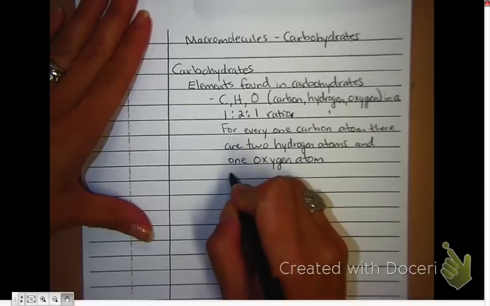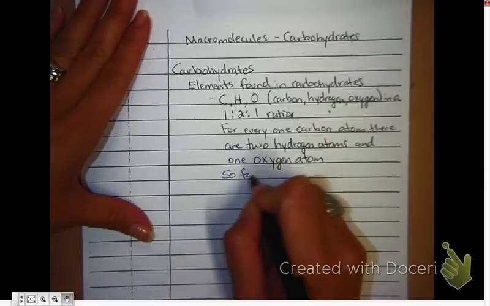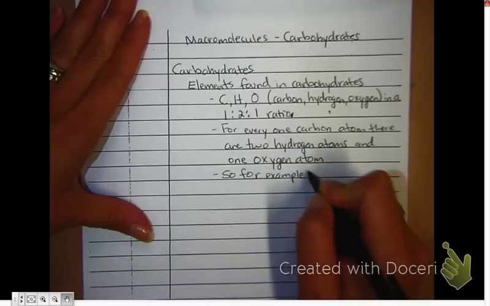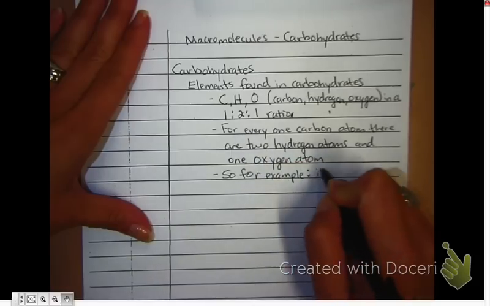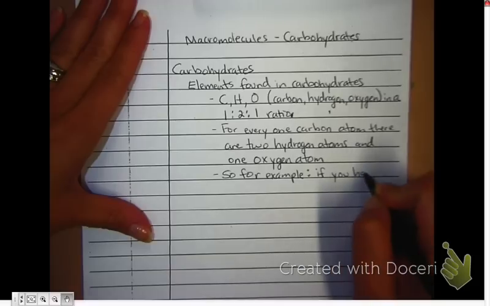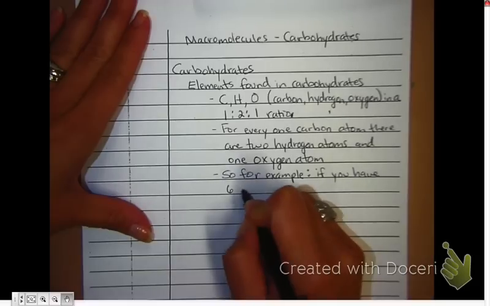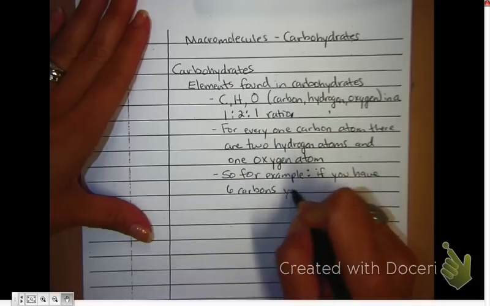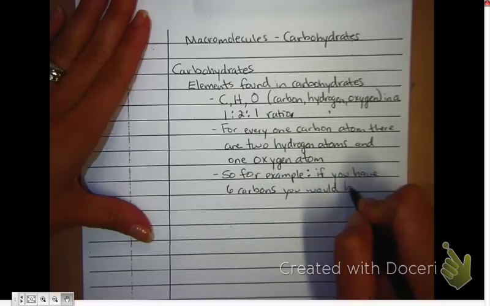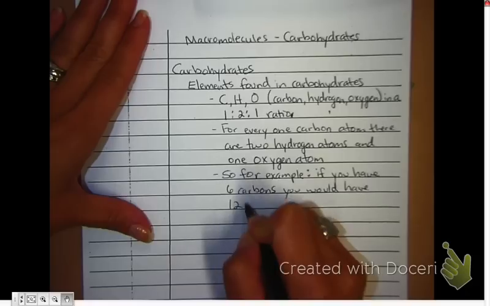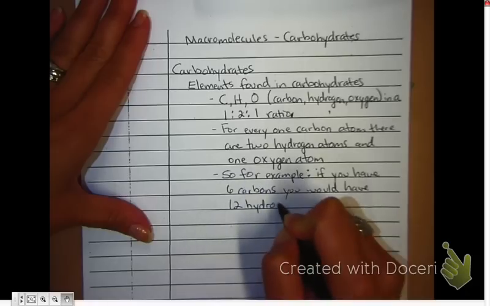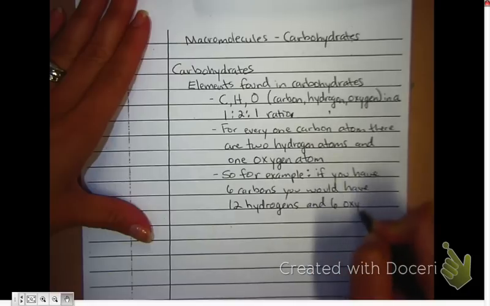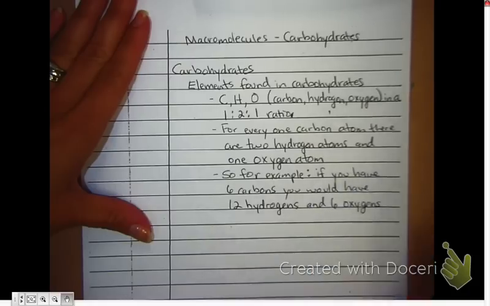So, for example, if you have 6 carbons, you would have 12 hydrogens and 6 oxygens. And it would read like this: